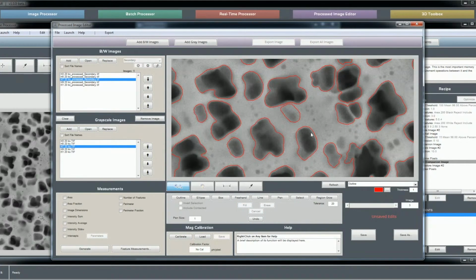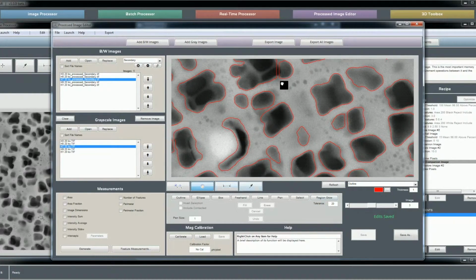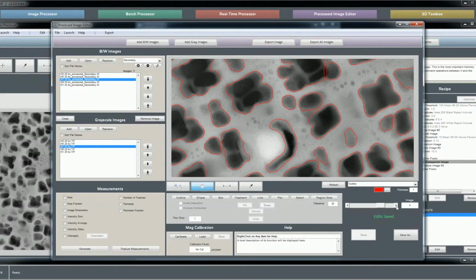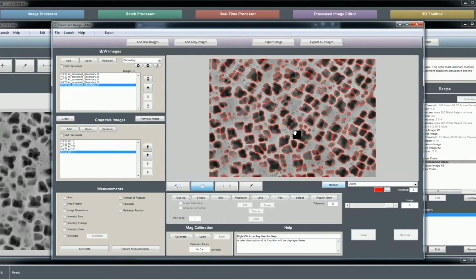And now that's an added feature. And if we hit save, we've made that permanent. So this is a fairly convenient way of quickly surveying the effectiveness of your batch process and making manual edits